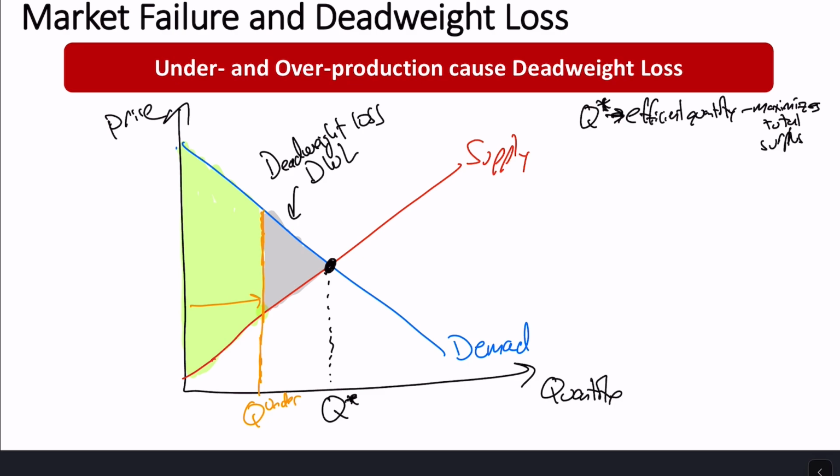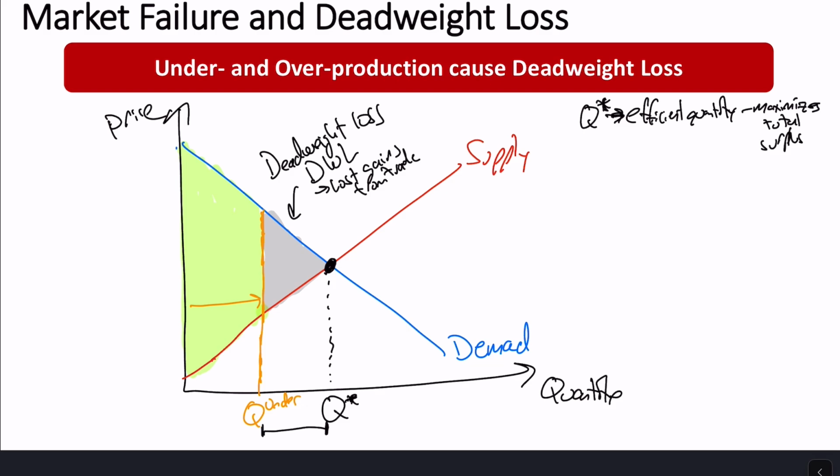Okay, this is happening from lost gains from trade for those units. So that difference in units there, we would have traded them, and if we traded them, we would get some surplus, that area of triangle. And those gains from trade are now gone because we didn't sell those units. Okay. All right, so the trick is you find out what's the difference between some quantity and the efficient quantity, and then you add up the area in between demand and supply over those units. That's going to tell you your deadweight loss. Okay. All right. So this is underproduction.